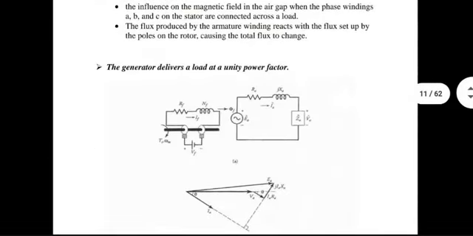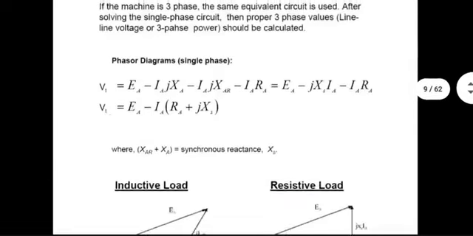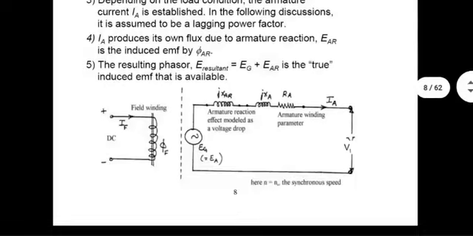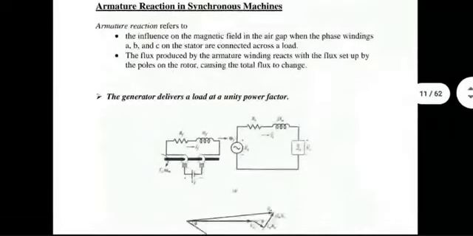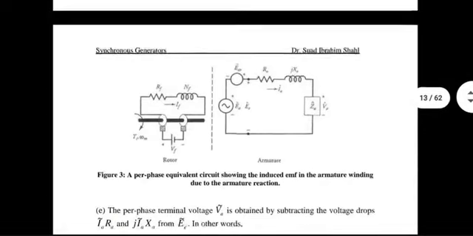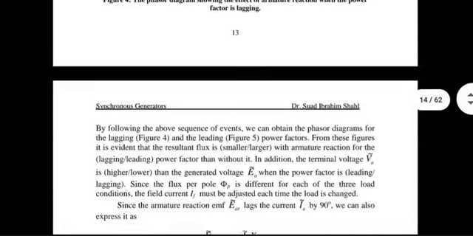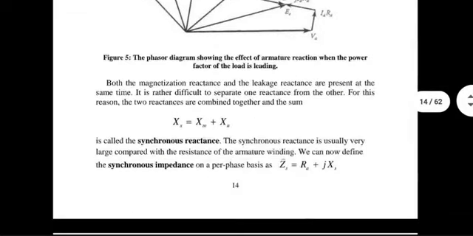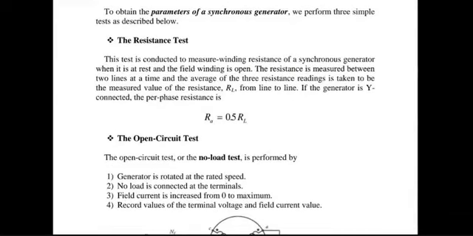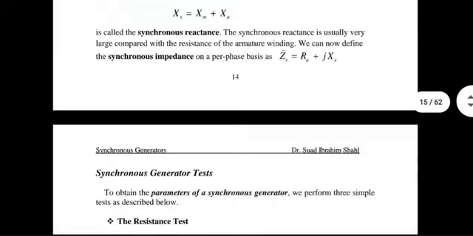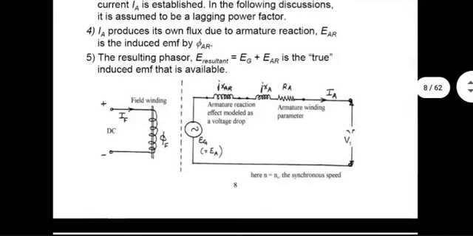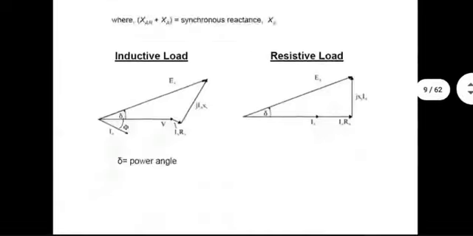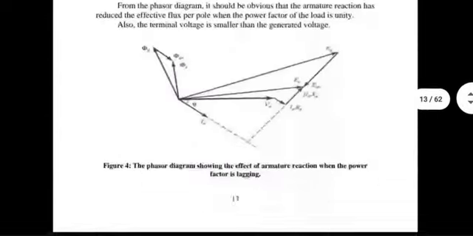Armature reaction is a very complicated topic, but normally it is sufficient to put an extra reactance in the equivalent circuit to account for armature reaction. Again, open circuit tests and short circuit tests make it possible to experimentally determine the equivalent circuit parameters, RA, XA, etc. If time permits, we'll go through them. Otherwise, we'll ignore the topic for now.